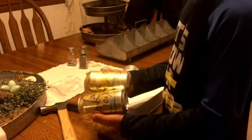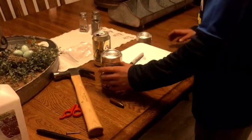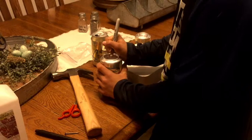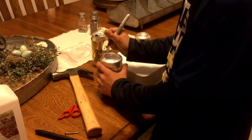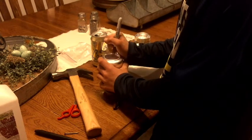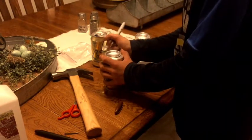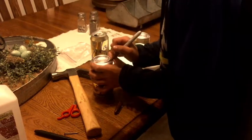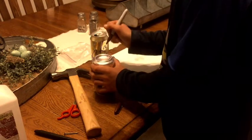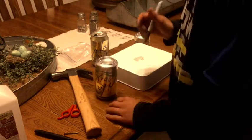Now, it's done. If we just cut it, it would be weak, so we can put nails in it. What I would do if I were you, I would take a Sharpie marker and put one mark in the middle, and then one here, one on the other side, one here, one here, one there, wherever you want. And then put one on the outer edge, another one on the other side. It's sort of like a cross, but then do 2 in each hole. That's what I would do, but you can do anything you want. You just can't go down here because that's where all the liquid could be. So after I'm done with that,